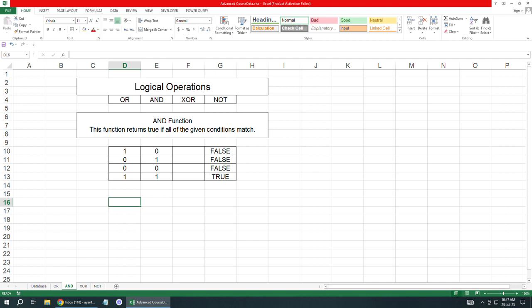So this is AND function. In this function all the conditions need to be matched, otherwise it will return false. So I am giving an example for it. Though we have discussed AND function earlier while we were learning the grades,